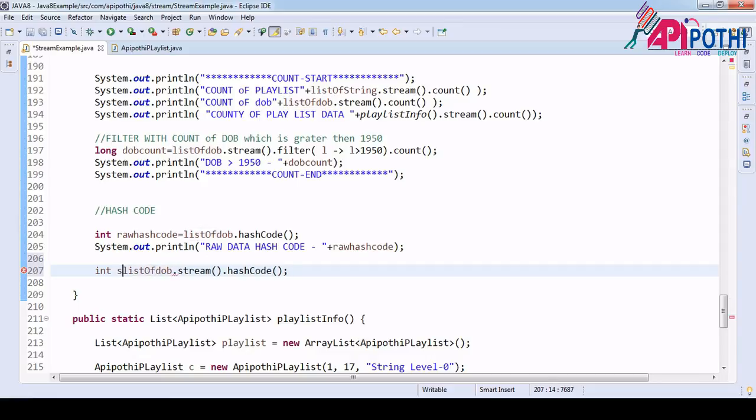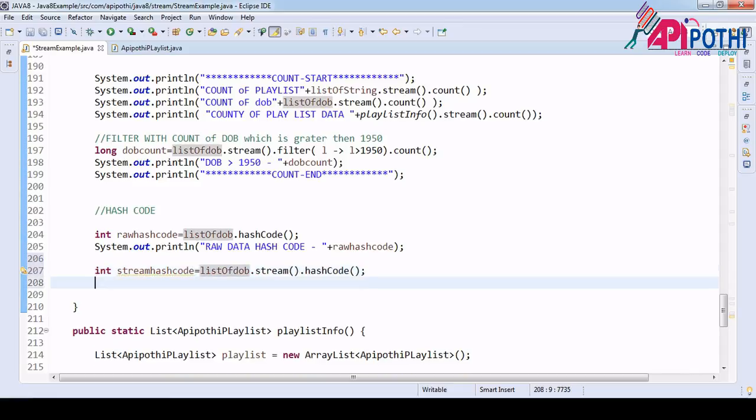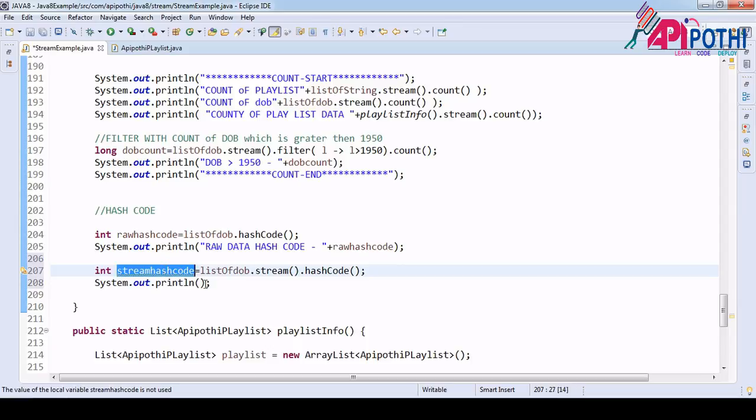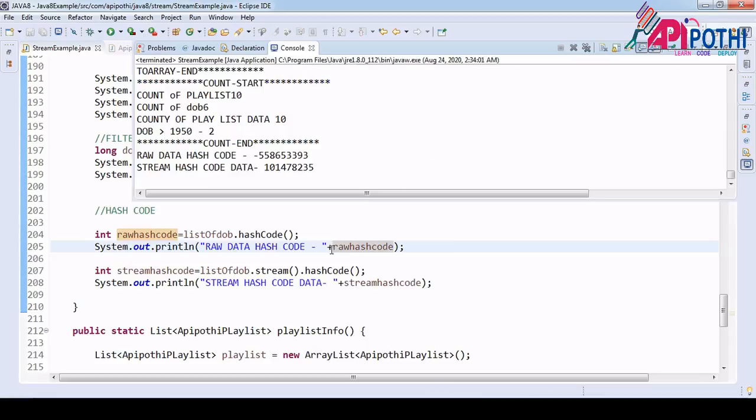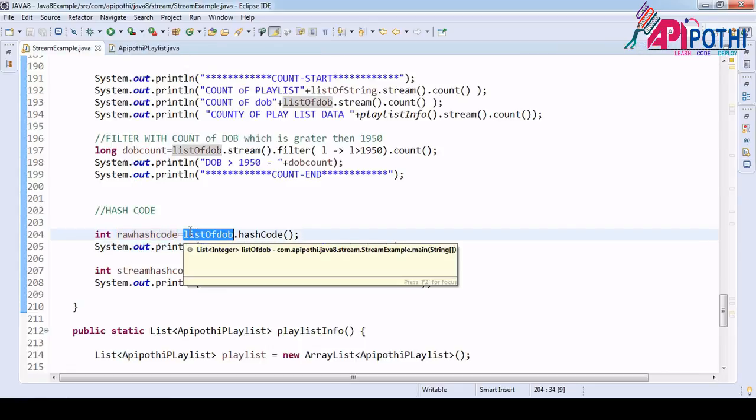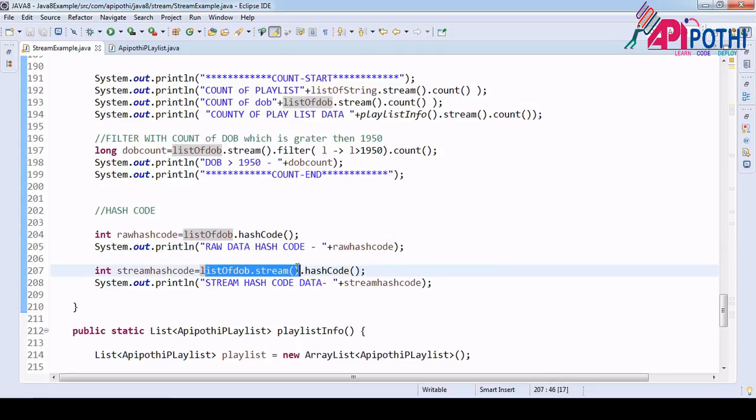Int stream hash code. Now if you print this one, raw data, and run this code, you will see two different hash codes, meaning that the data is still the same, this object contains the data which the other object is containing.